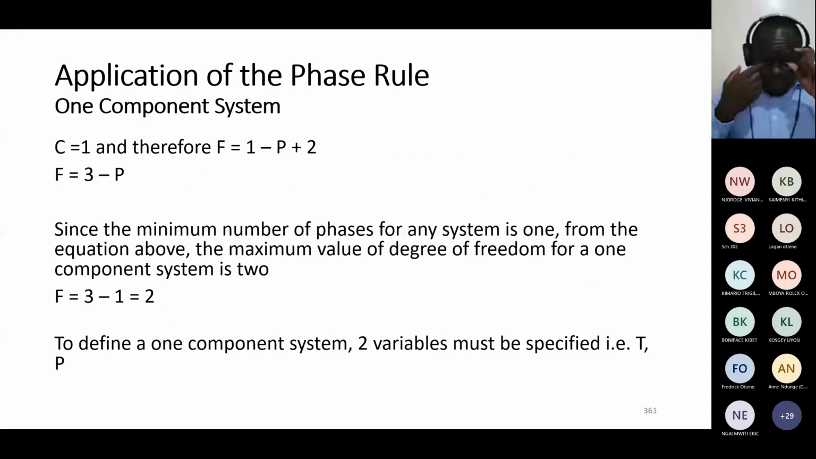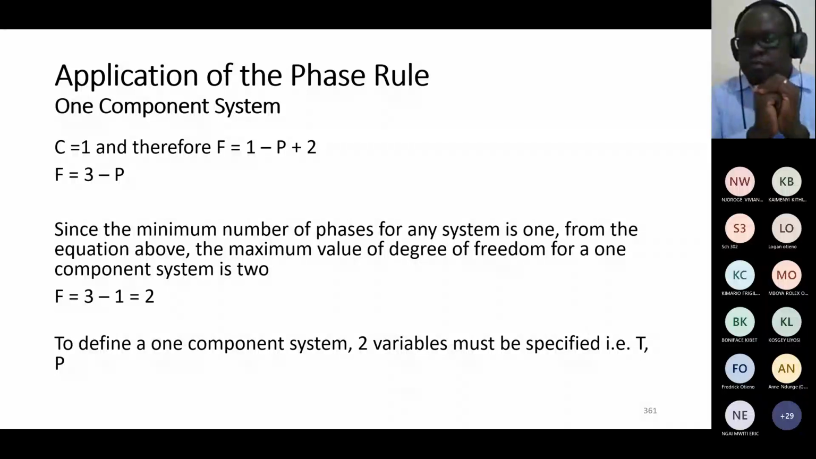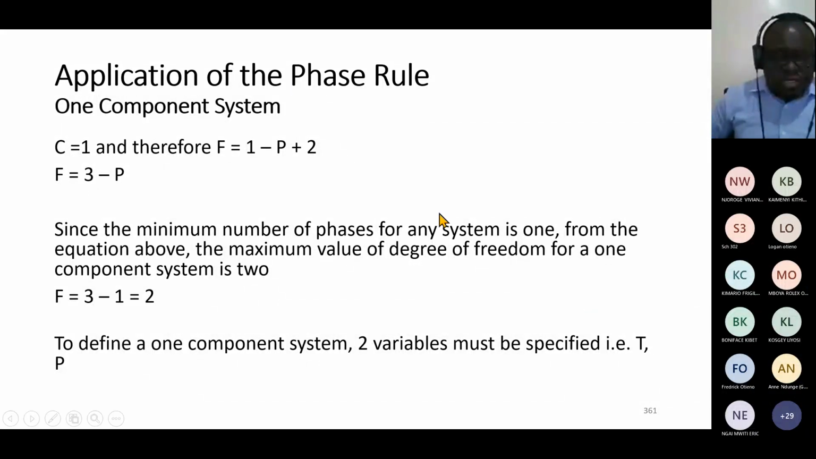Now, we can apply the first rule for different component systems. We can talk about 1 component systems. We can talk about 2 component systems. Of course, we start with the simplest, move to the more complex. So for a 1 component system,